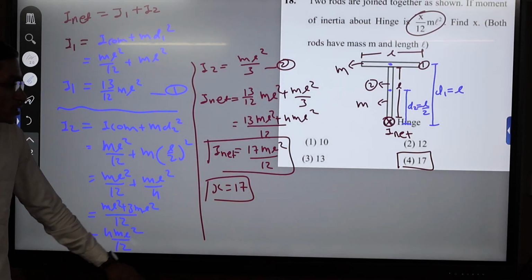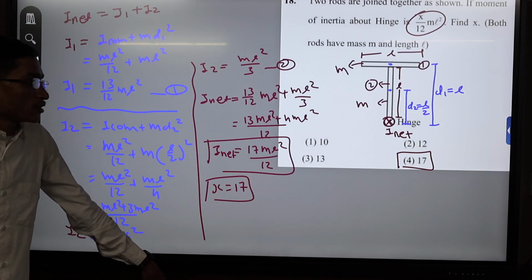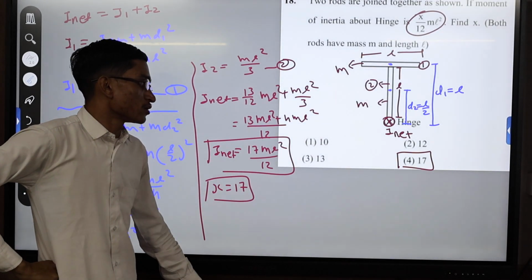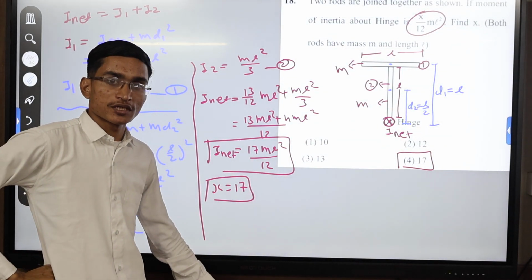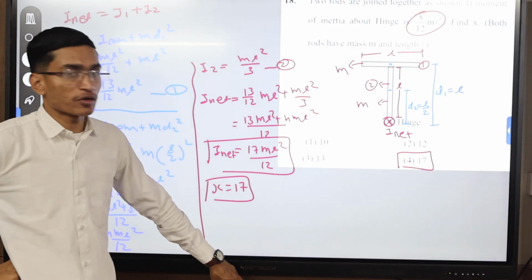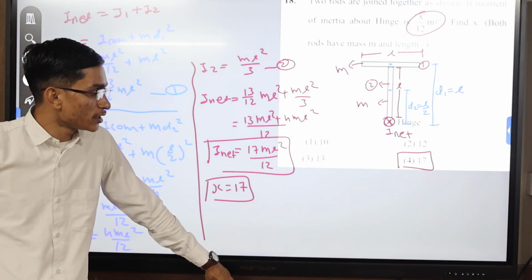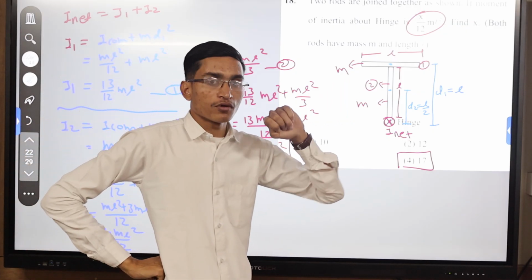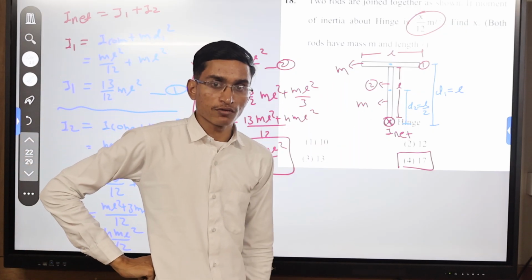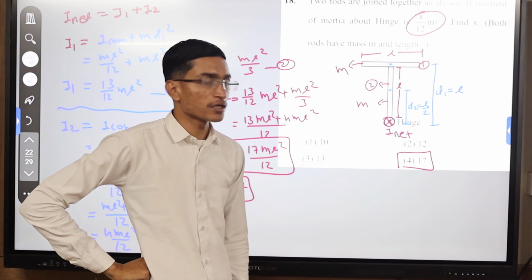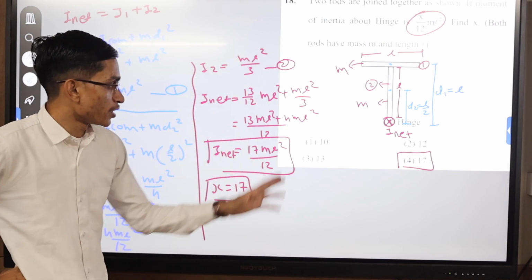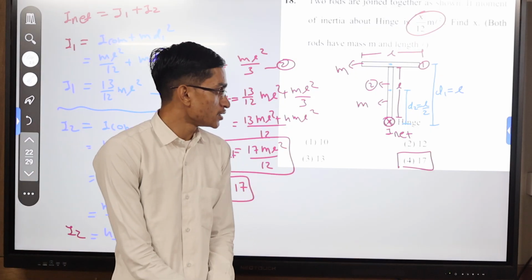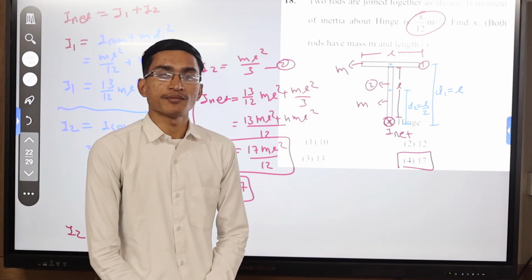Okay, so this is quite an easy question. In a previous year NEET, a similar question about the moment of inertia was asked. We had to find the moment of inertia in NEET 2025, but that question was very calculative and very lengthy. There was a sphere given, here it is a rod, and in the case of a rod the moment of inertia is easier to find compared to a sphere.